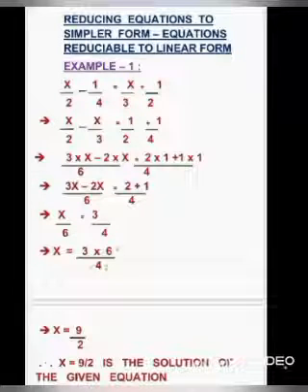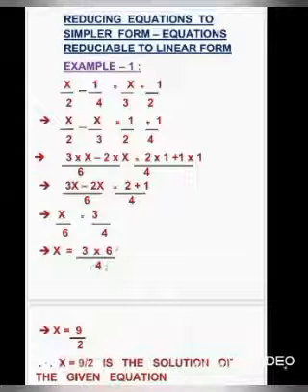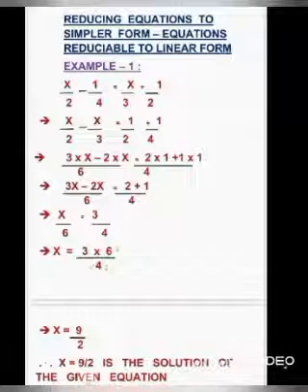Now let us cross multiply 6 towards the right hand side. So x is equal to 3 by 4 into 6. Now let us cancel 6 and 4 with the 2 table. 2 2s are 4, 2 3s are 6. Now multiply the numerators first. 3 into 3 is 9. By the denominator you have 2. So you got x is equal to 9 by 2. So 9 by 2 is the solution of this given equation.